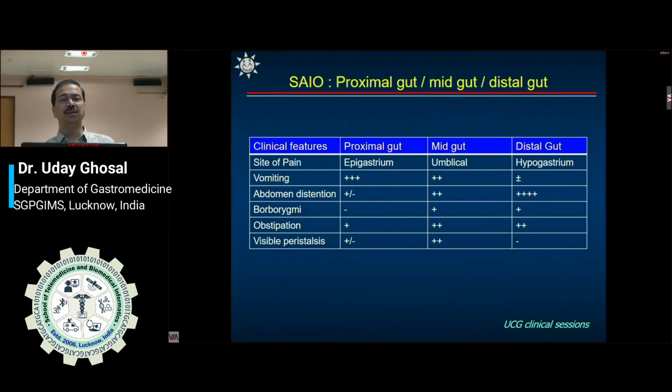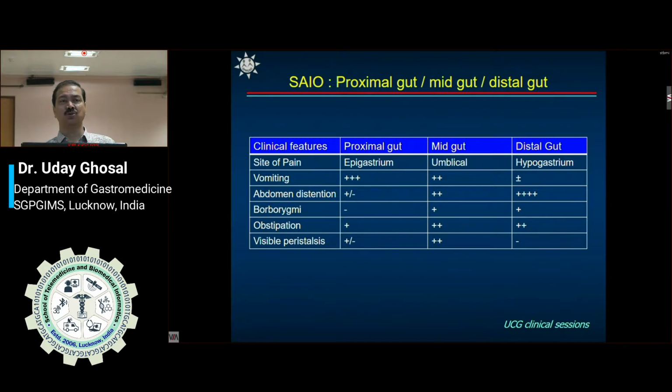So the site of pain in case of proximal gut pathology or obstruction is epigastrium, mid-gut periumbilical, distal gut hypogastrium. Vomiting will be marked in the proximal gut obstruction, less so in distal gut obstruction. Abdominal distension will be less marked with proximal gut obstruction, more marked with the mid-gut, and most in the distal gut. Borborygmy typically will not be a feature of proximal gut obstruction, but will be a feature of mid-gut obstruction